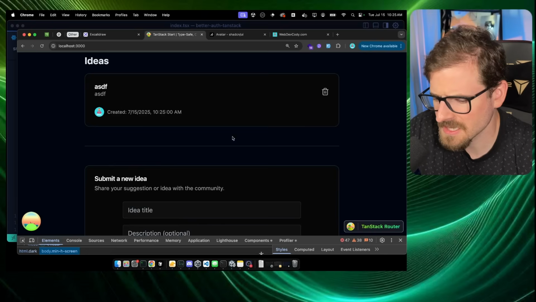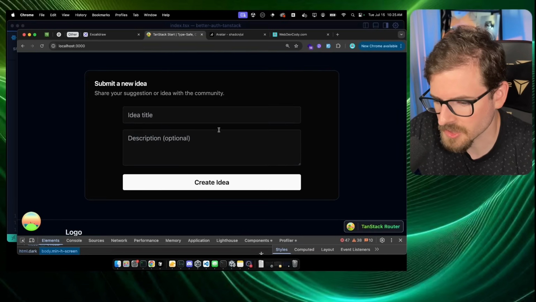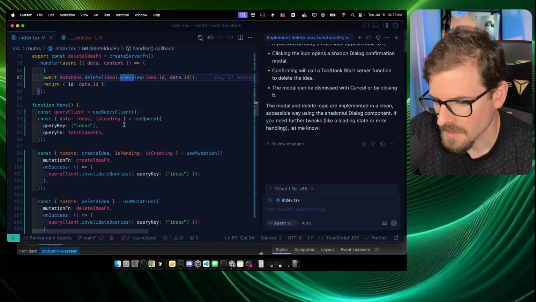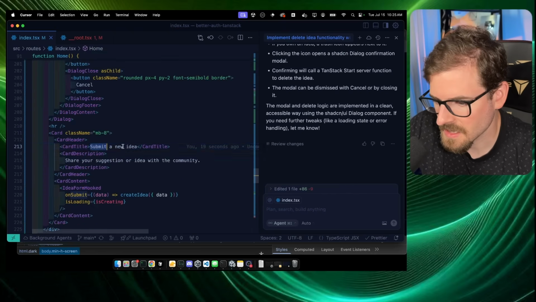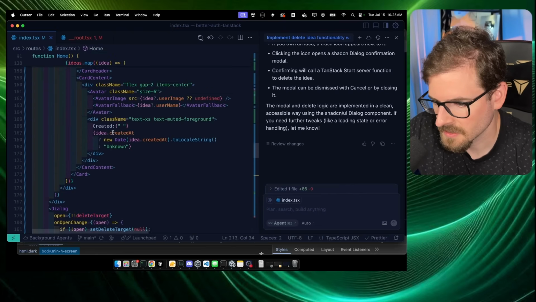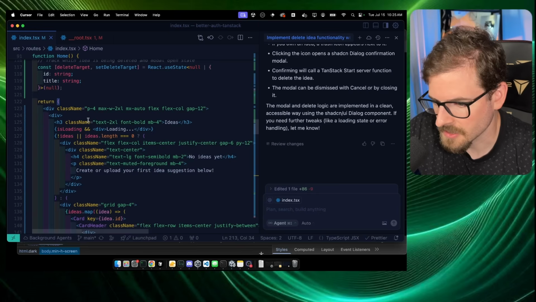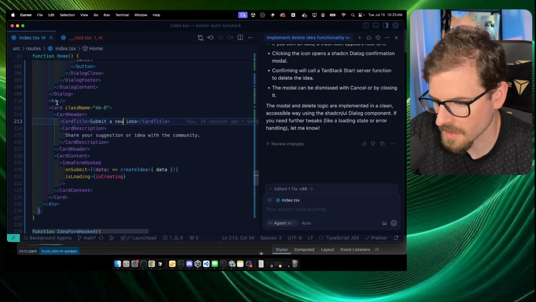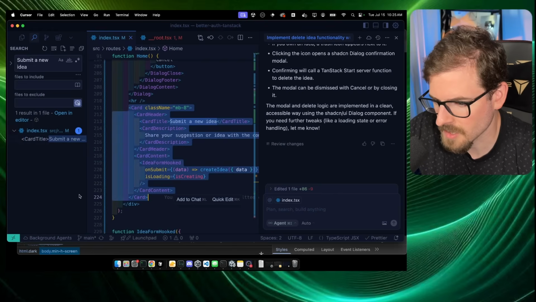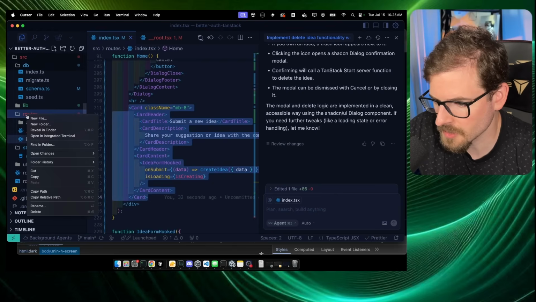So one thing I should say is that when I submit the idea, I want to show a toast. And I will say that submitting the idea, this is starting to get a little bit hard to manage. So I'm actually going to find out where we have idea hook form, share your submitted idea. Okay, I'm going to take this whole card and we're going to make a new thing here. I'll just call it